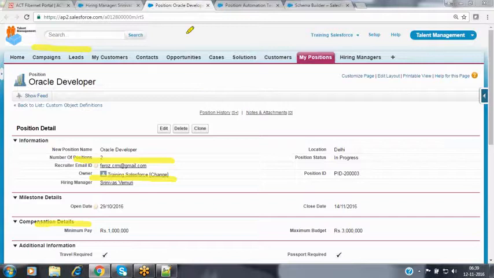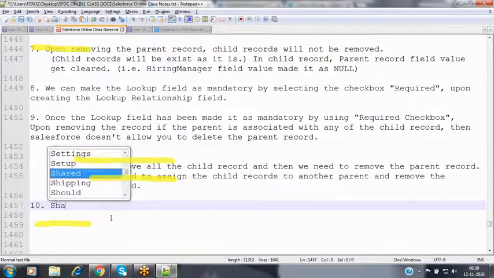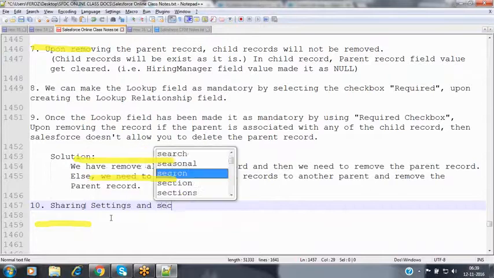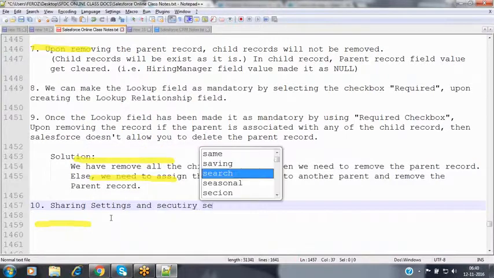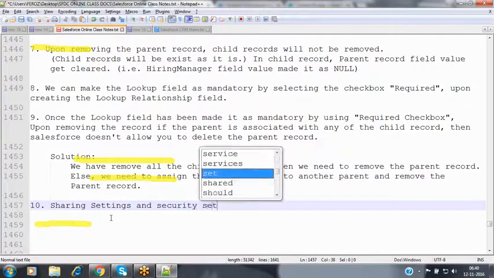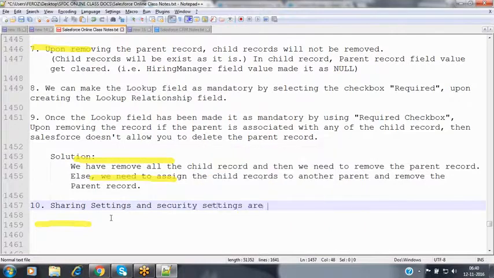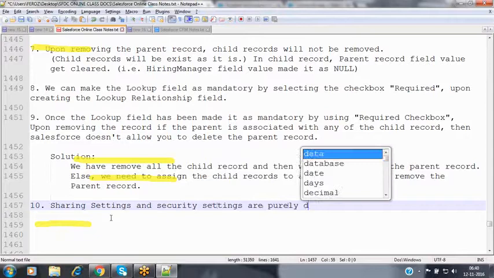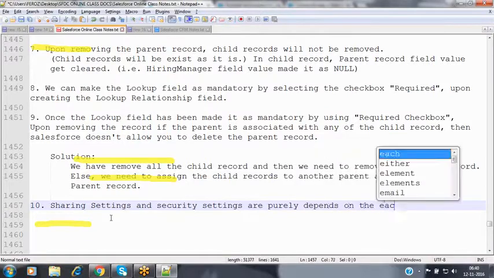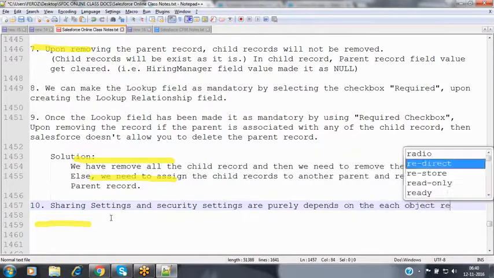Now, let's make a note of it here. Sharing settings and the security settings purely depend on each object record.